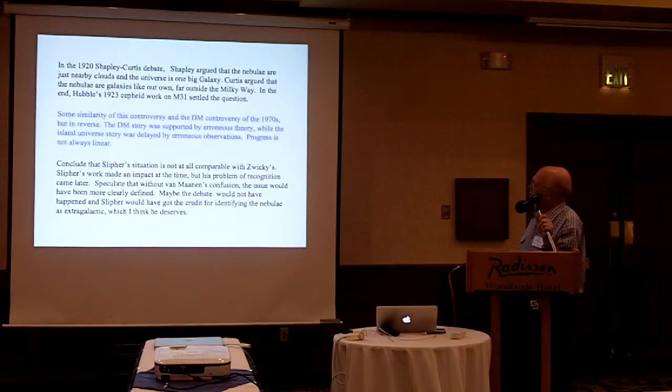why Slipher missed out on some of his credit. So in the 1920 Shapley-Curtis debate, Shapley argued that the nebulae are just nearby clouds and the universe is one big galaxy. Curtis argued that the nebulae are galaxies like our own, far outside the Milky Way. In the end, Hubble's 1923 Cepheid work on M31 settled the question. There's some similarity